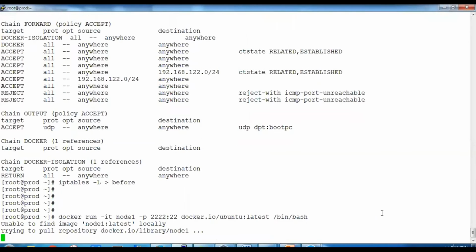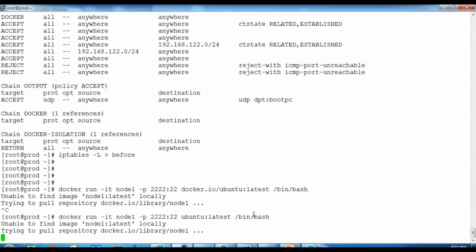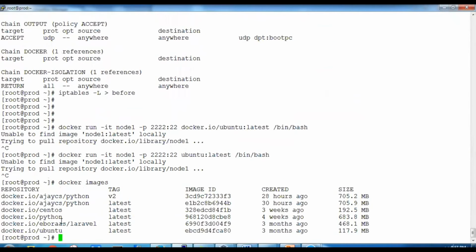All right. So it says unable to find locally. Why is it not able to find locally? So let's correct like this. Still it says unable to find locally. So let's rerun. So we have the image here. So if we get something like this, we'll go by image ID.